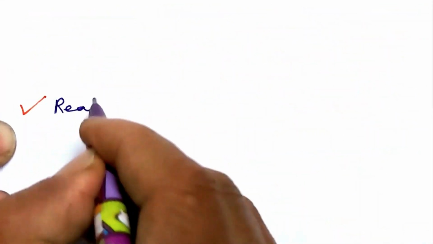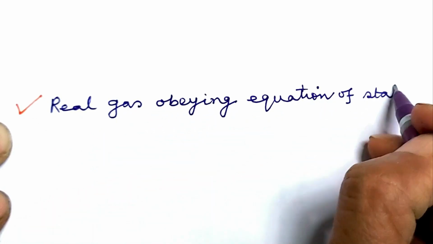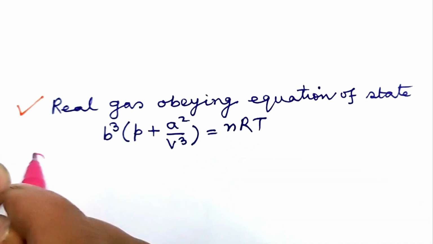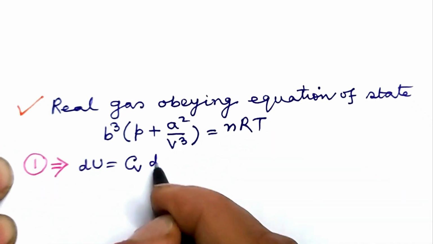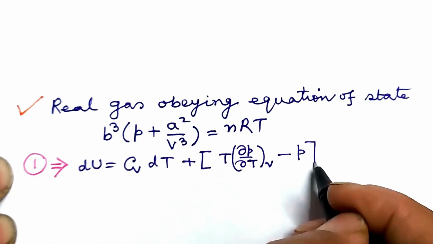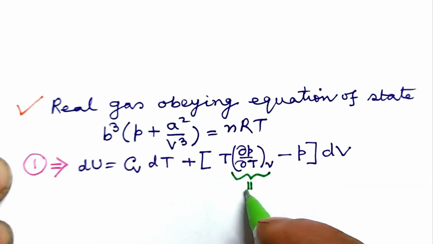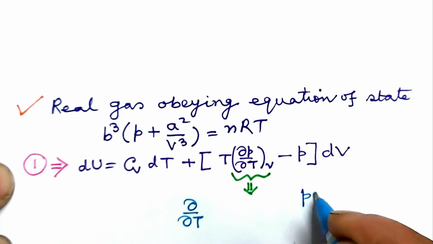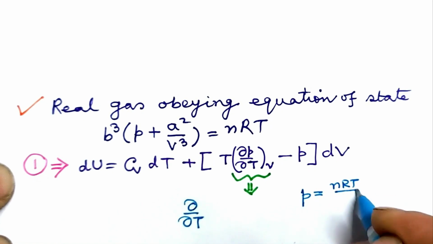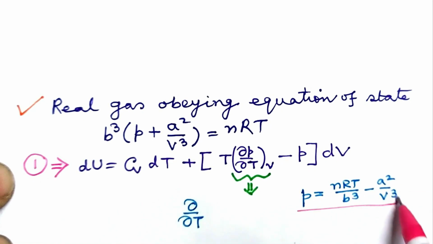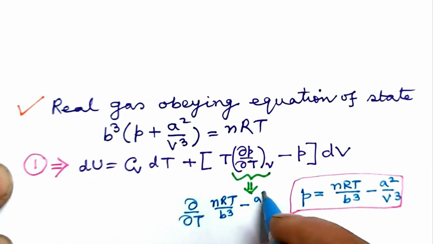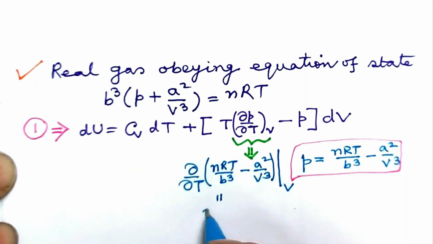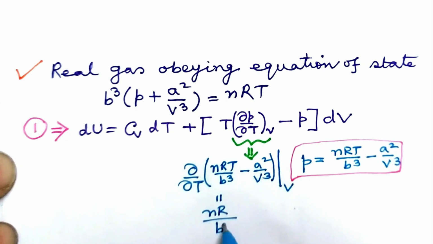we next consider real gas obeying the equation of state. Let us quote equation 1. We shall now evaluate the factor del P del T at constant V. Now the expression of P that follows from the equation of state is, let us put it here. Partial differentiation with respect to T at constant V gives